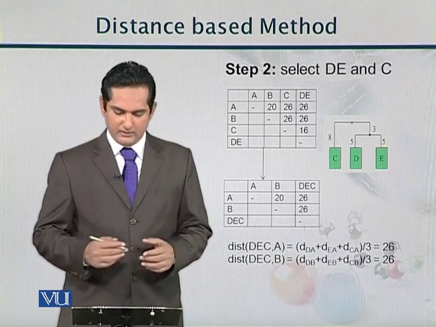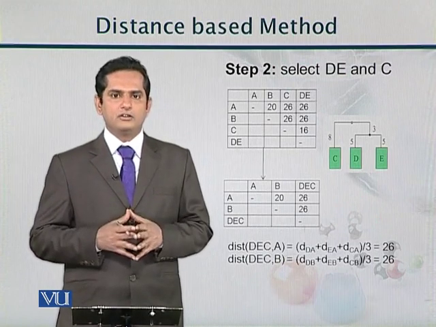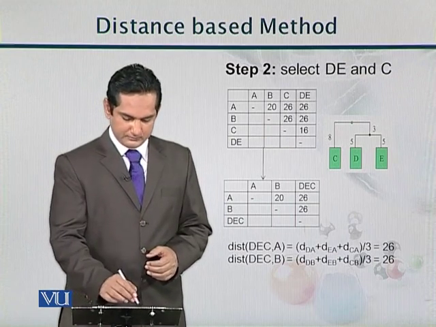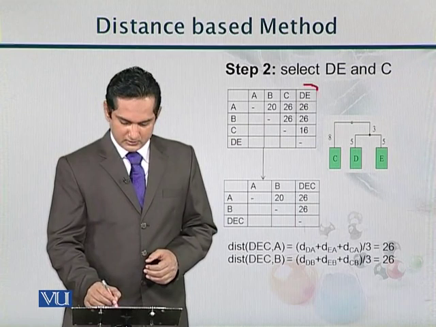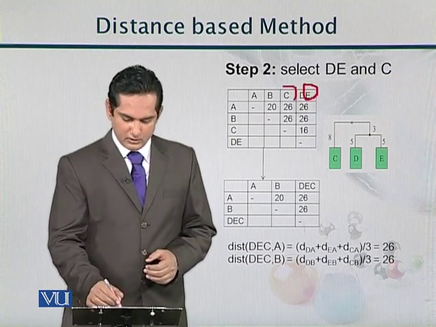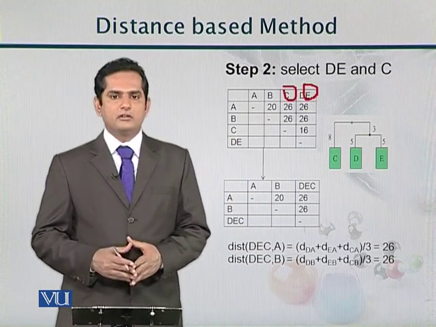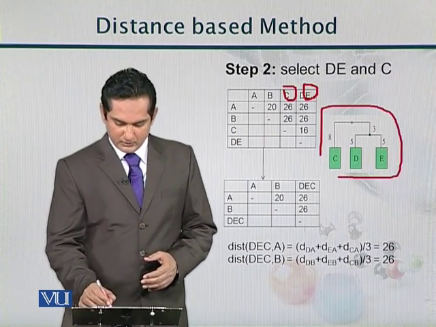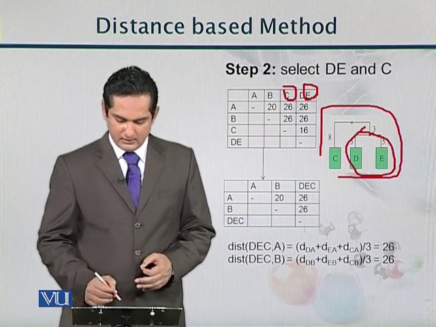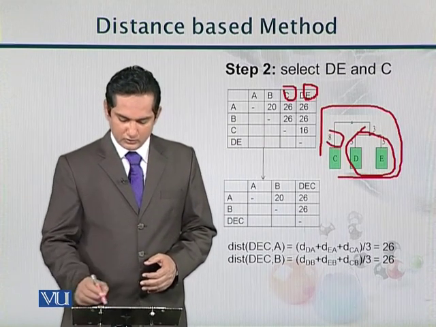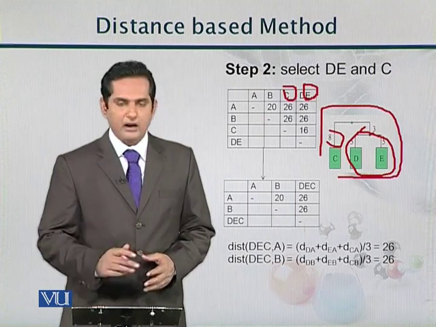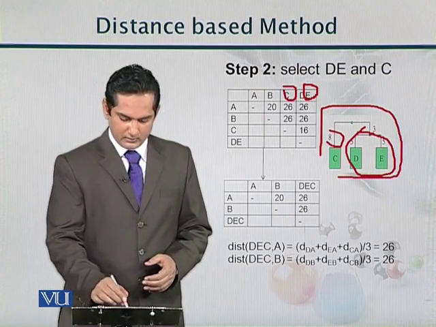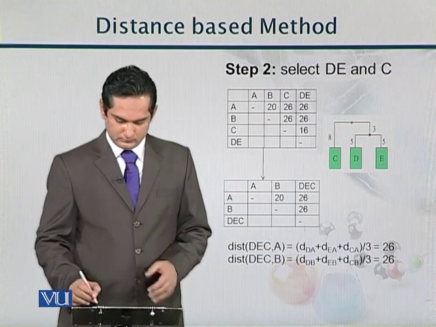Then I will take the next closest node, that would be in our case C. So what is happening here? DE was constructed in the previous slide. Now we have C, so now we want to join these three nodes together. It will be something like this: we had this part from the previous slide and then we combine this C. So we have a score of 16 here. This 16 is divided in these two parts. So what will happen next?